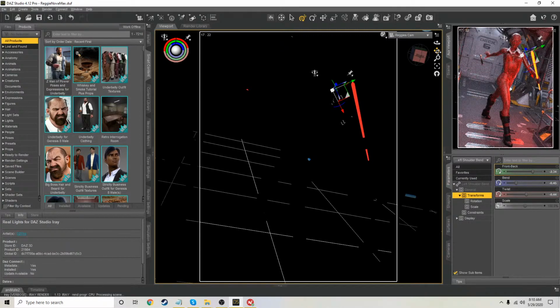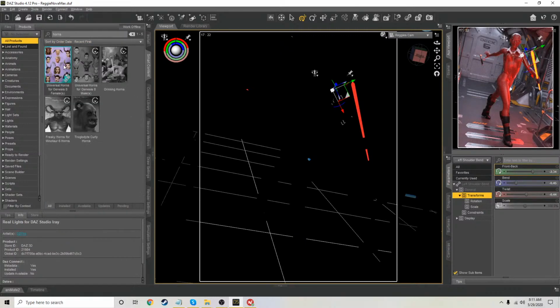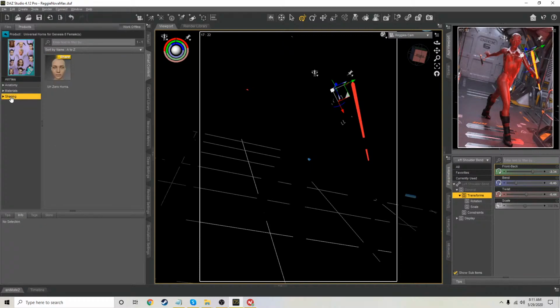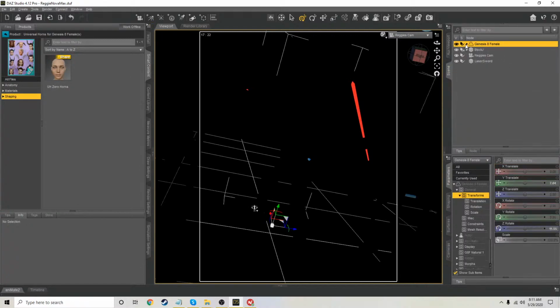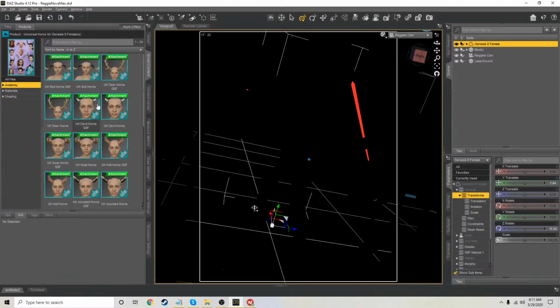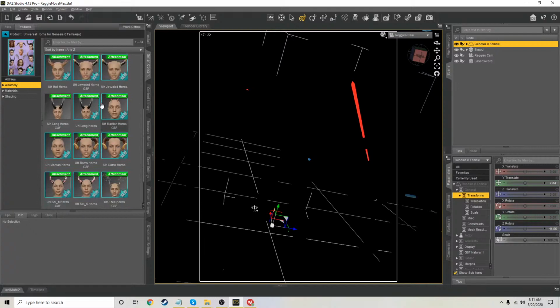Cool. Now, I'm actually okay with this red skin, which, by the way, is a material that looks like the character had edited, or maybe Reggie had edited, but it just was on the whole body, and I just thought it looked really cool. So I'm going for my rendition of this. I'm going for kind of a Sith thing here, so I'm going to look for a Horns product from the great Midnight Stories, good buddy of mine. Used to work with me a little bit back in the day. We were all trying to make that transition from Poser to